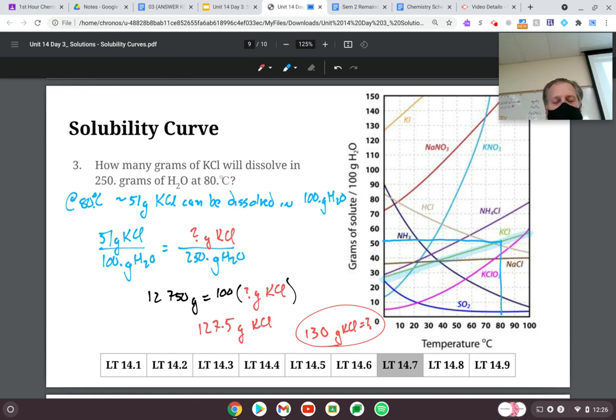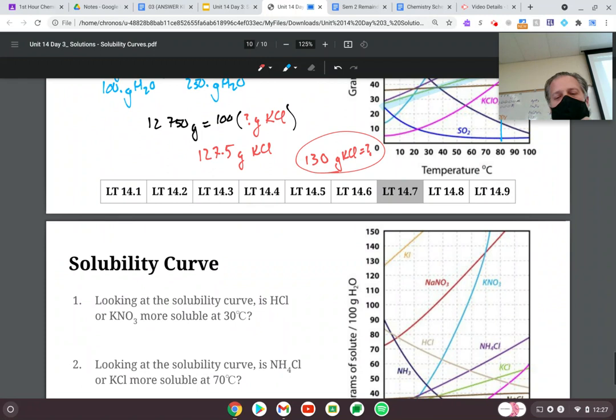So, in this situation, I got 127.5 grams of potassium chloride could be dissolved in 100 grams of water, which is true, but with sig figs, it ended up being 130 grams of potassium chloride and 250 grams of water. Sig figs matter, I suppose. All right, last slide here